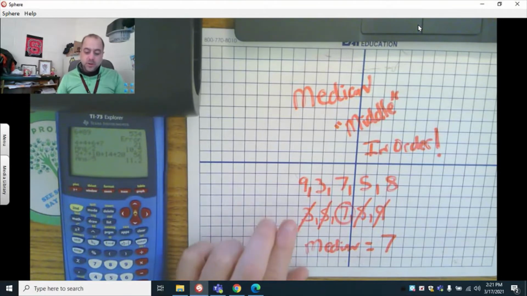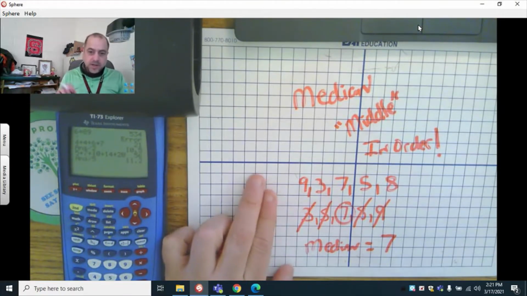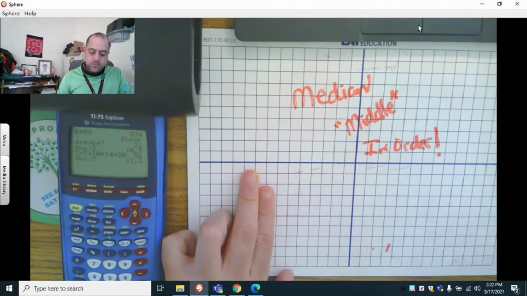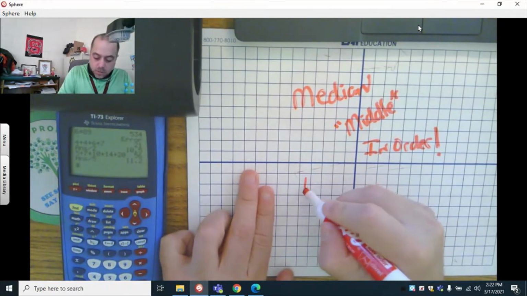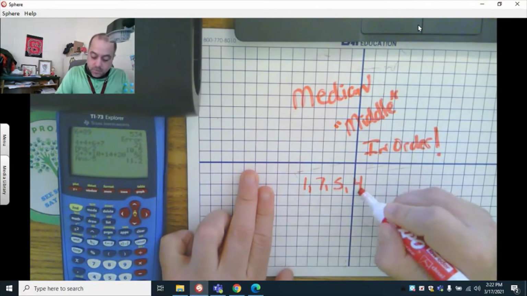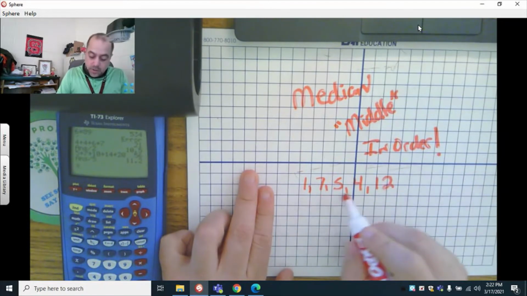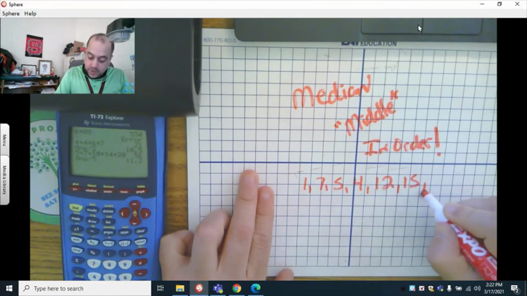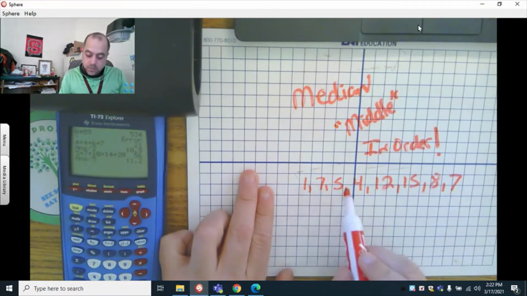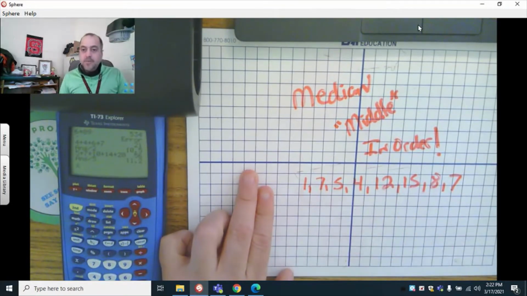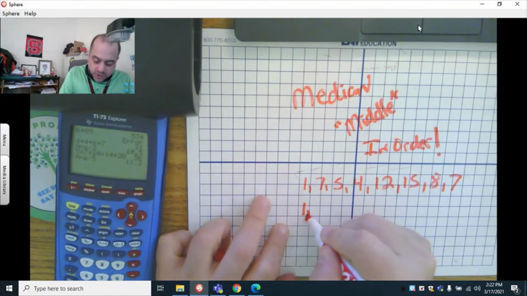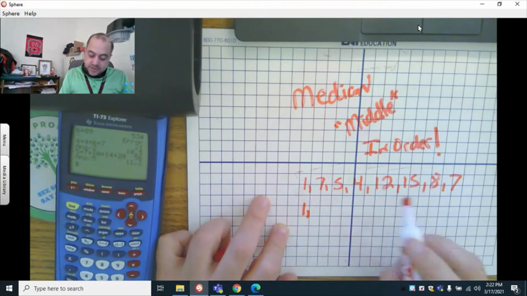Now let's do one that's a little bit harder, but still median, okay? So we're going to do the number in the middle. 1, 7, 5, 4, 12, 15, 8, and 7. Alright? So let's rearrange them in order. So obviously 1 is first. What's next? 4,